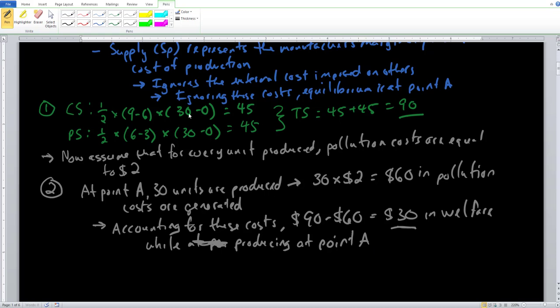So the question now becomes, can we do something better than this? And the answer is, we can do something better if we actually make the firm feel the cost or feel the harm that they're imposing on the third party, so people like you and I. And that's exactly where we need to incorporate the external cost into our analysis. So this is going to be the third question that can be asked from this. So here we need to incorporate external costs or the externalities into the analysis.